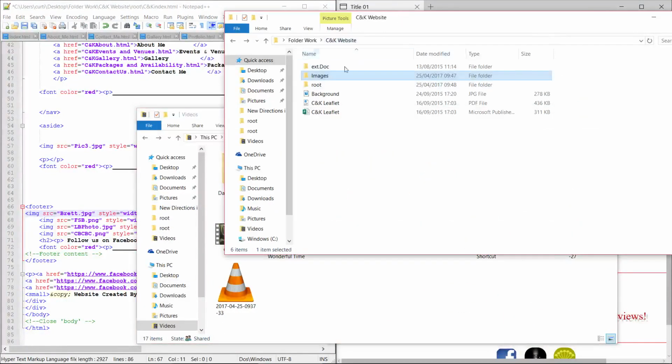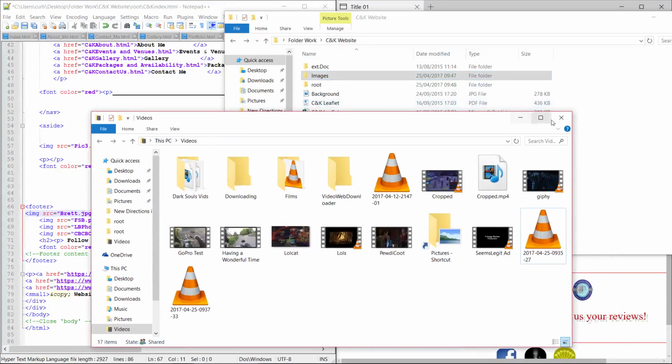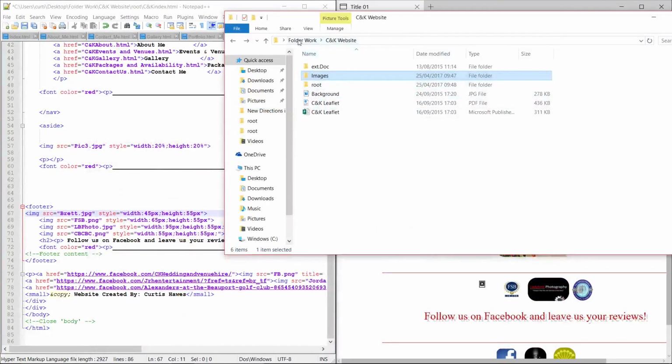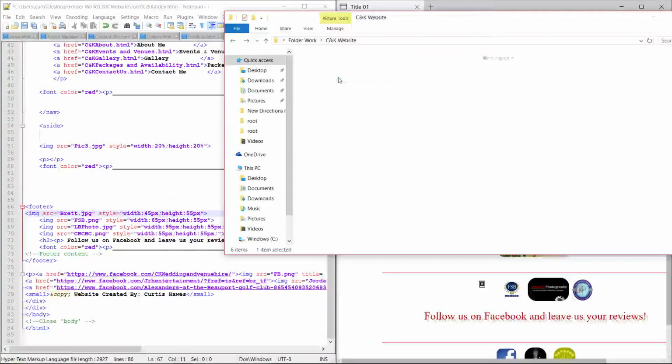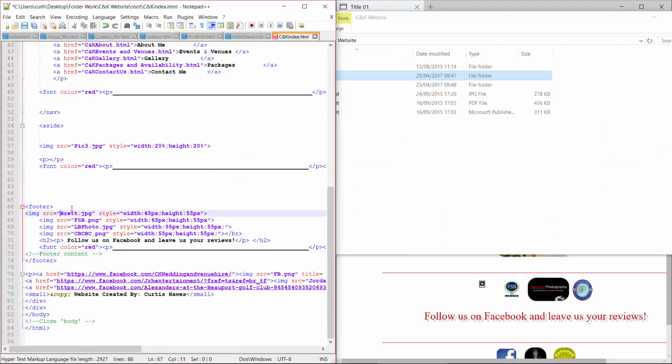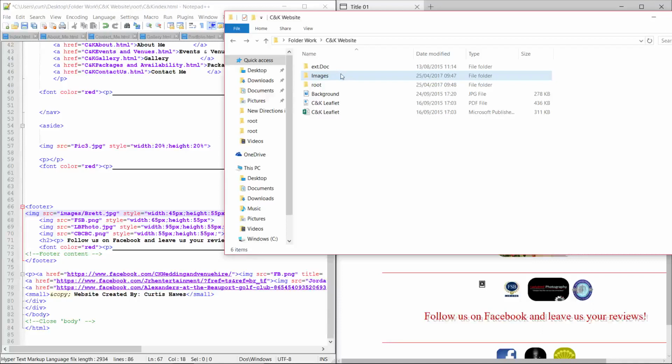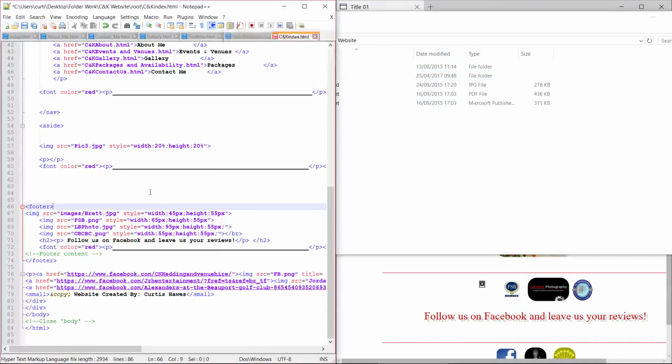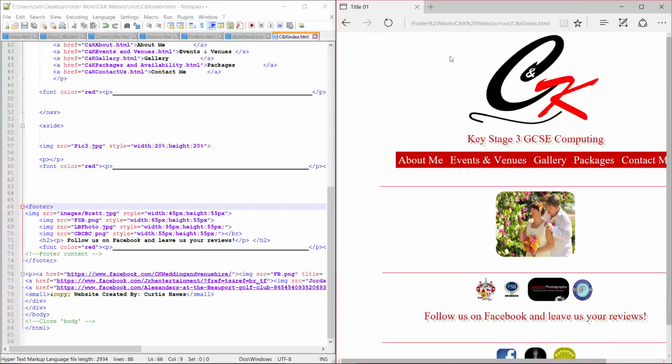So, because the images is not found in the root file, it will not show as on the JPEG. So, if you were to place the images file inside the root file, and then save the document and reload on the web page, the image will